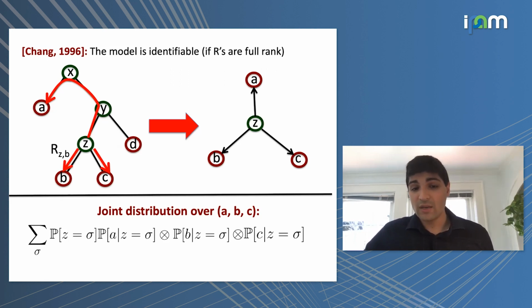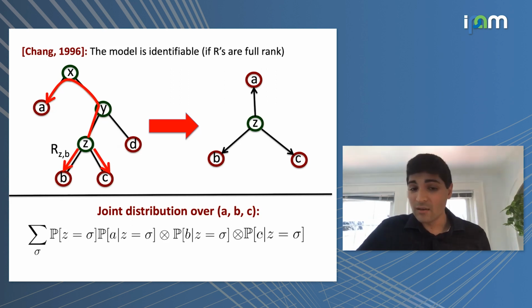Because they're conditionally independent, I can write out what that joint distribution is: it's the sum over this latent variable of what is the symbol assigned to Z. Once you condition on what Z is, then you have an independent distribution for A, an independent distribution for B, and an independent one for C. And you take the tensor product of these vectors. These are length sigma vectors because they're conditionally independent. That's literally what conditional independence means.